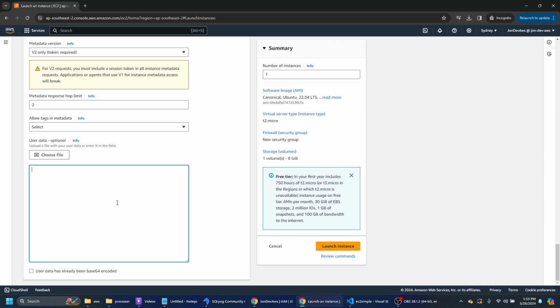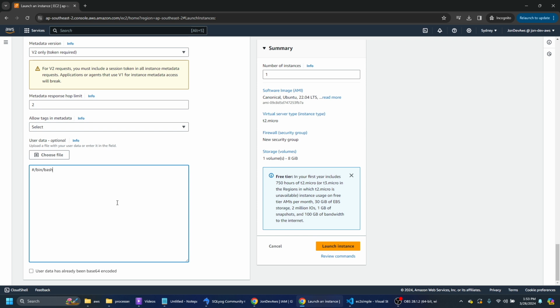Like for example, we want to install Node onto the server, and then maybe we'll make a directory as well. That way, when the EC2 instance boots up, this is called bootstrapping, where the commands that we write here will run once and once only. So to do that, we're just going to have this shebang or hashbang